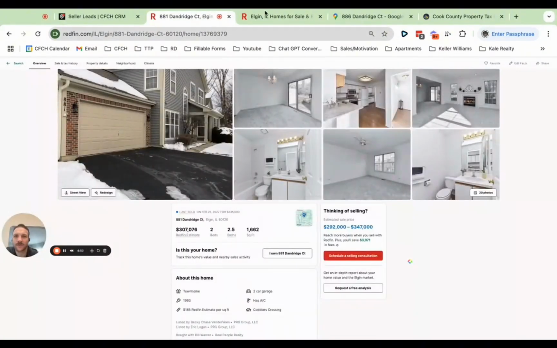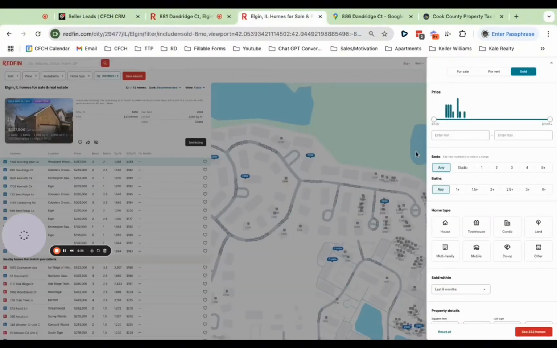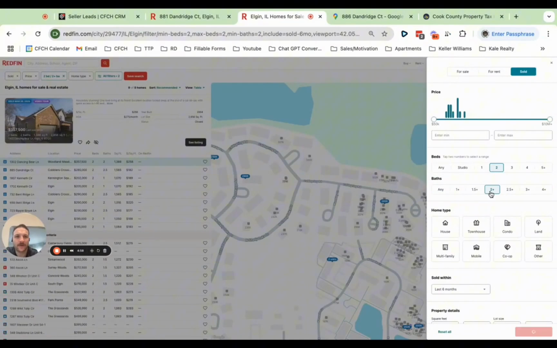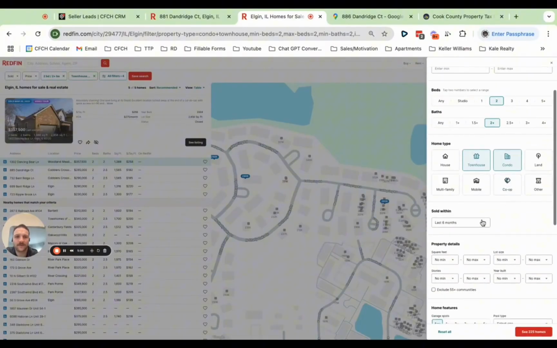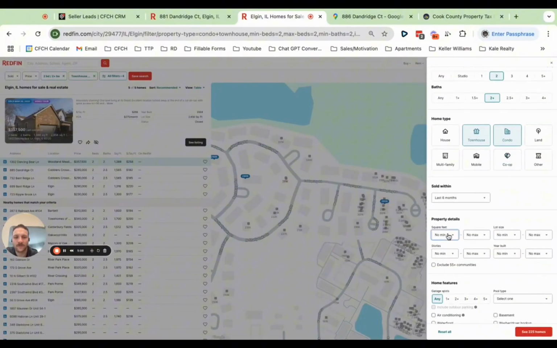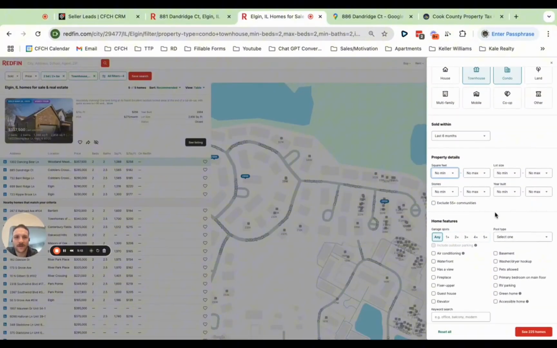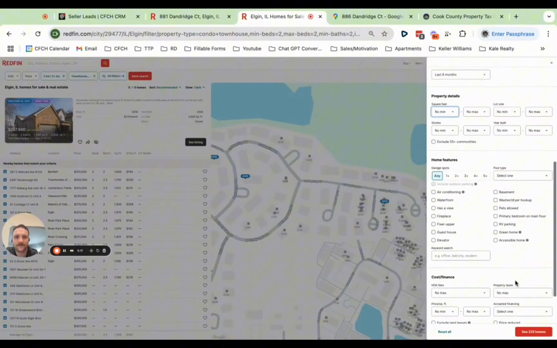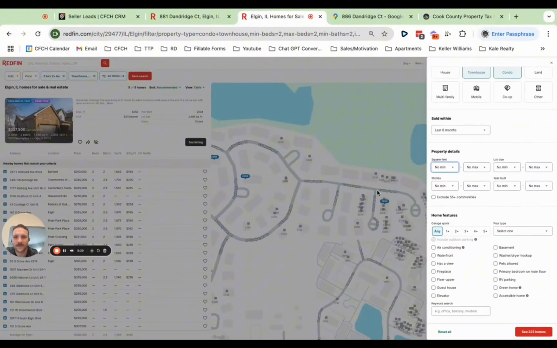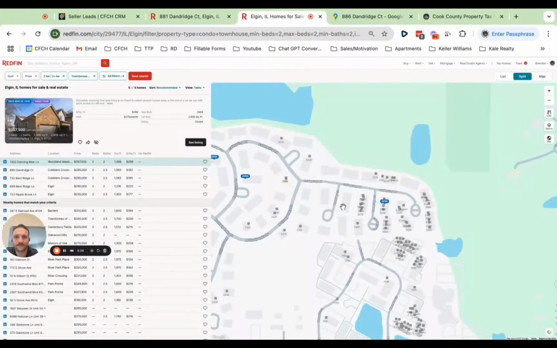So in filters, if you wanted, because ours, remember, is a 2-bed, 2.5 bath, right? So let's say we want a 2-bed, we want at least 2 baths. And then it's a townhouse, right? Townhouse slash condo. So we have sold in the last 6 months. You could even sort by square footage if you want. You can sort by garage spots. There's all these different filters you could sort by. But let's just keep it here because we're in such a small area, and let's see what pops up.